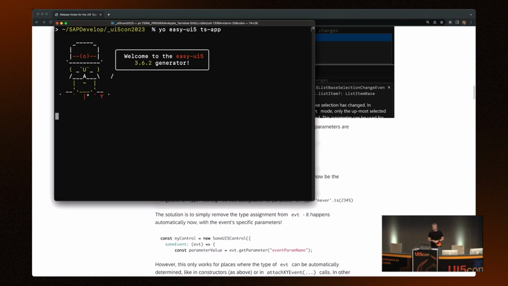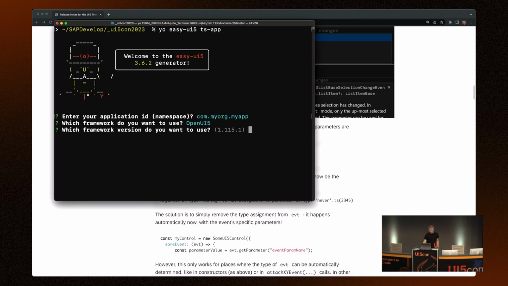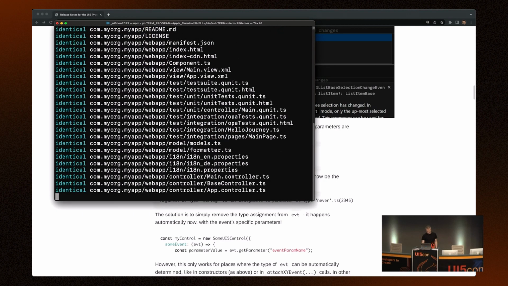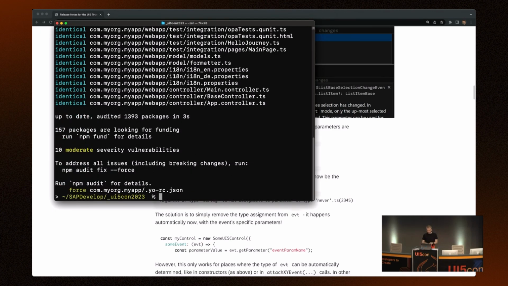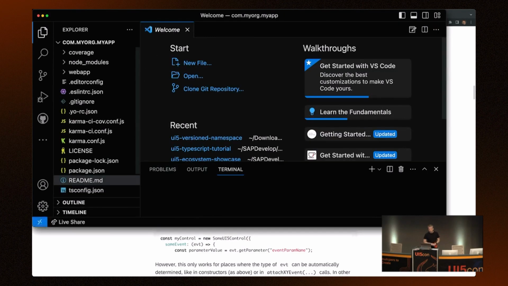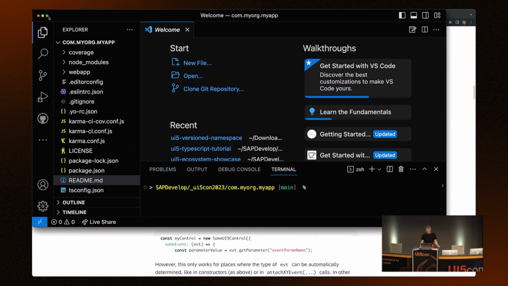Here it is. This template inside has, of course, been changed a lot and improved. So you just say yes, yes, yes, yes, yes here. Yes, I'm not Peter, but yes. And now the setup is already done. So it does the npm install right now, which is pretty fast. And then you just open VS Code in this folder, and you have the complete TypeScript setup ready here to disposal.